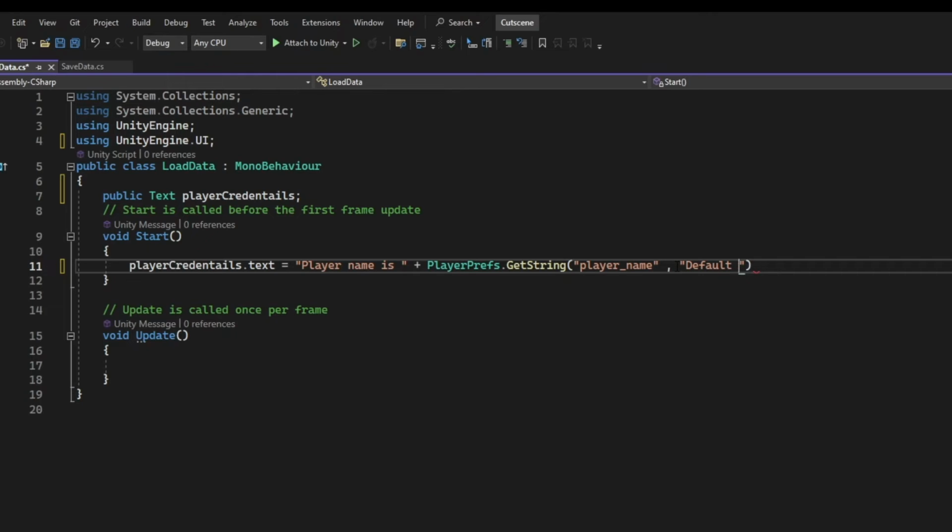Default name, for example, let's say, and then plus